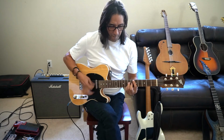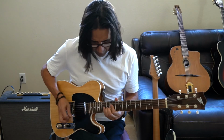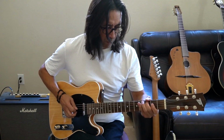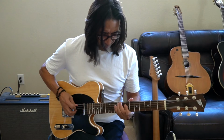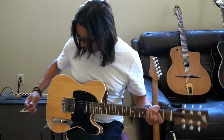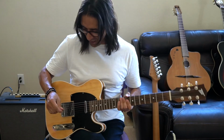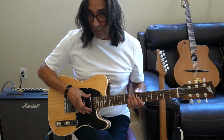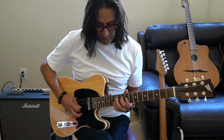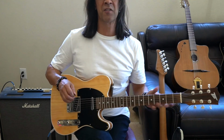And so if I was doing country stuff, so it's great for that, but believe it or not, I use this for jazz sessions or even jazz gigs when I don't want to bring the big jazz box. Check it out. If I go to the neck pickup and I roll down the tone knob, and in contrast to the jazz box,